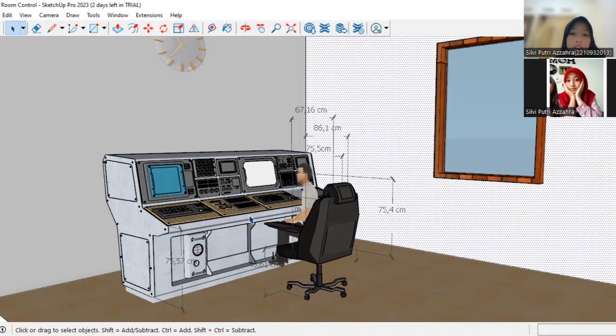The result of anthropometric data processing of the control table is as follows. First, the table height. Table height uses the dimension of elbow height in a sitting position plus knee height. Designing table height using the 50th percentile. The 50th percentile will make it easier for operators with short bodies who have difficulty, and those with tall bodies will not have to work in a bent position. The original size was found to be 71 and became 75.590 centimeter after adding an allowance of 4.